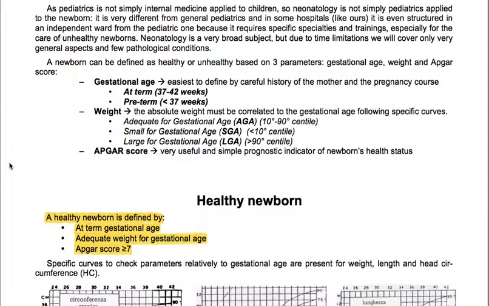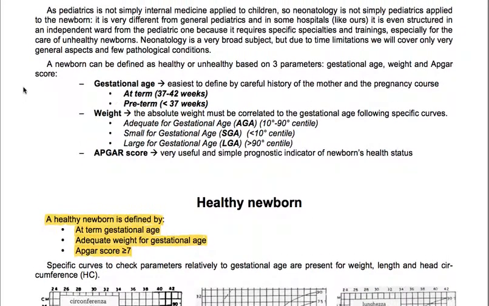Newborn, healthy and complications. So, as pediatrics is not simply internal medicine applied to children, neonatology is not simply pediatrics applied to the newborn. It's very different from general pediatrics, and in some hospitals, like ours, it's even structured in an independent ward from the pediatric one, because it requires specific specialties and training, especially for the care of unhealthy newborns. Neonatology is a very broad subject, but due to time limitations, we will cover only very general aspects and few